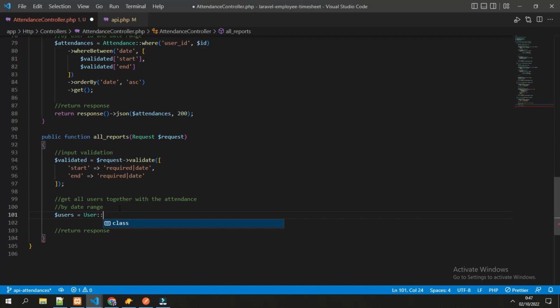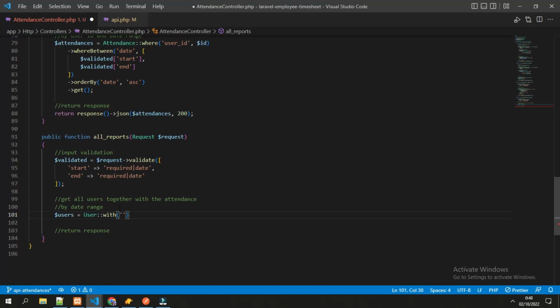So in Eloquent it has an eager loading function with the keyword with. For example, we specify the relationship because user has a has many relationship with attendance, so one user can have many attendance.